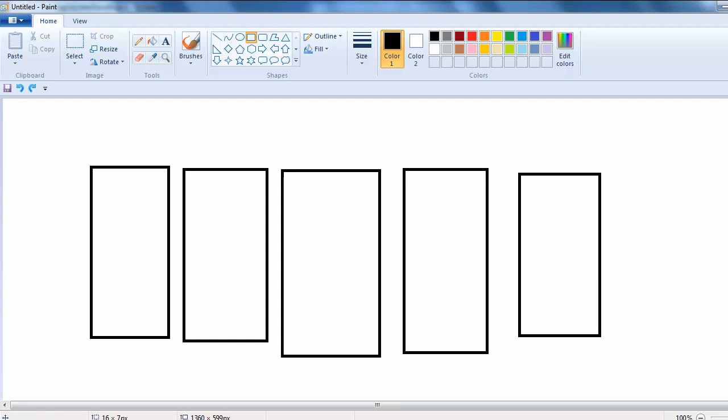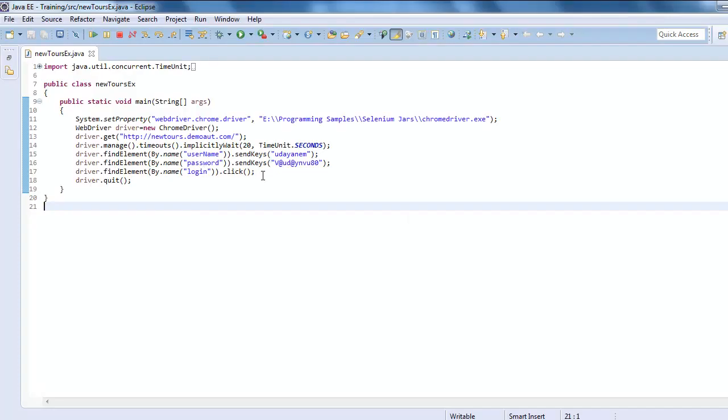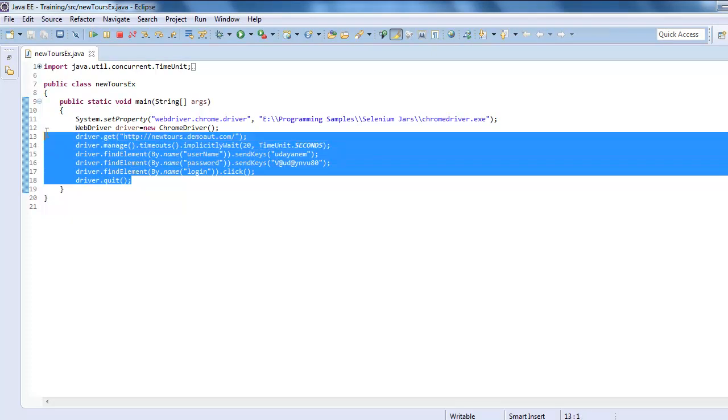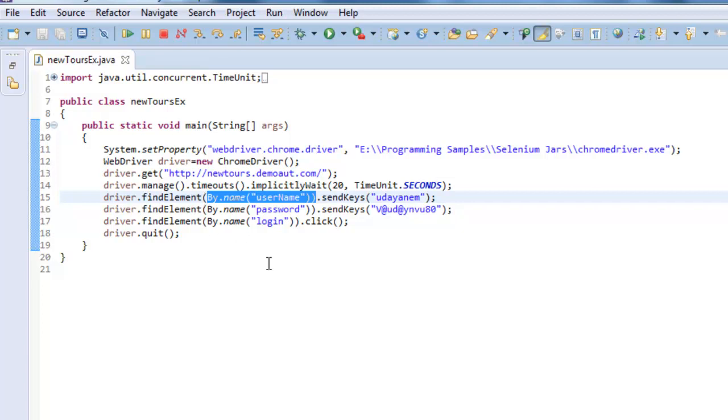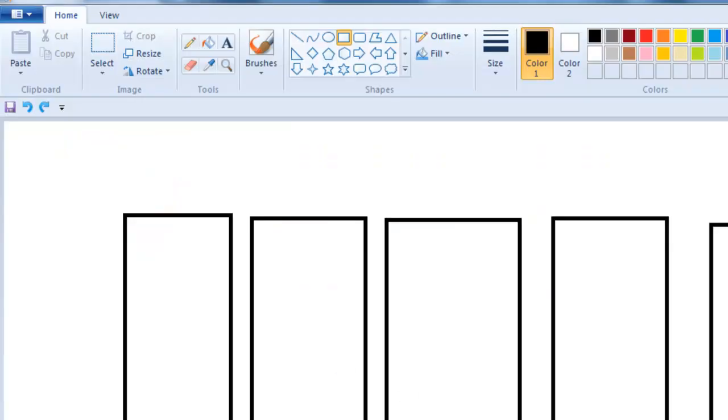So if you write a script like this, it is very hard to maintain, because you are using the object identification within the script itself. That is a very bad approach. If the object exists in 25 or 50 scripts, you need to go to each of these test scripts and update it. This is a very tedious job, and it is very less maintainable.